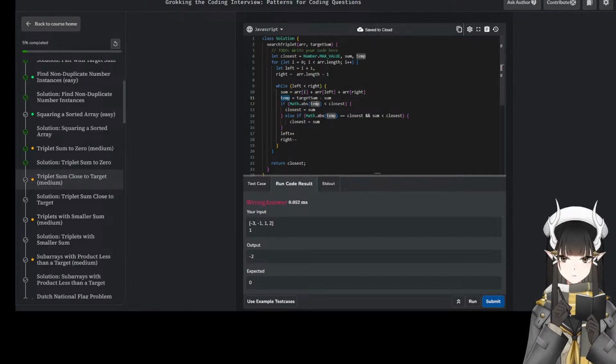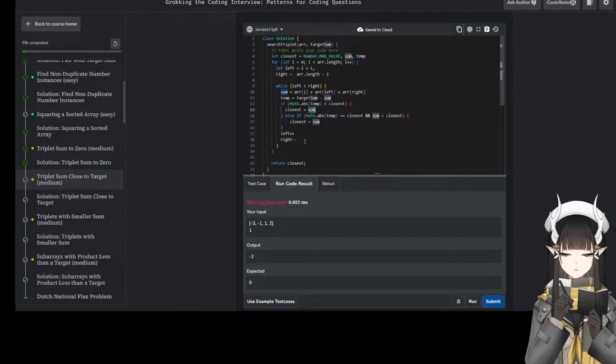So target sum is 1 minus -2, which is 3. Right? If math absolute 10 is less than. So this first one will be less for sure.